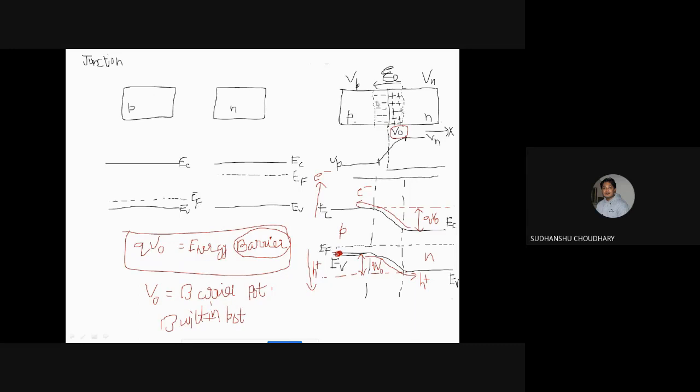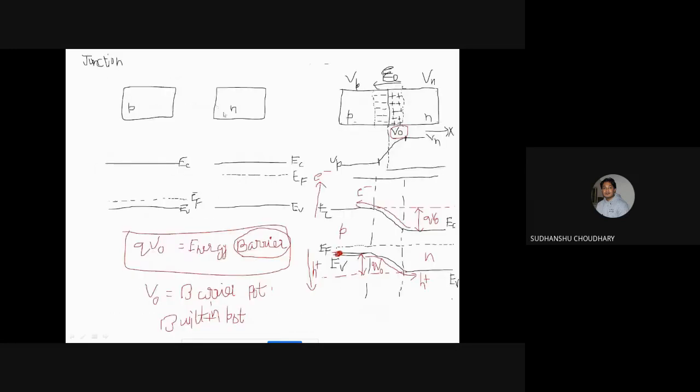Okay? So here electric field is existing. And the direction of electric field is from positive to negative, I mean from N side to P side. Okay. So by that relation, E is dV by dx. So we understand there must be some gradient across this junction, because electric field always exists if you have a gradient in electrostatic potential. If you don't have a gradient in electrostatic potential, there will be no electric field. So gradient here means electrostatic potential has to change with x, that is position, right?